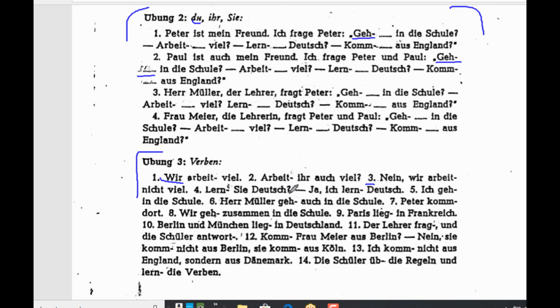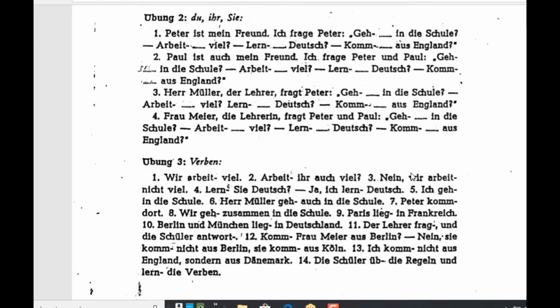And then how about this number 4? This would be Lernen Sie Deutsch. So this is the proper formal way of talking, and this is always identical to the third person plural. Lernen Sie Deutsch. So you can fill out the rest of those, and then the next page,